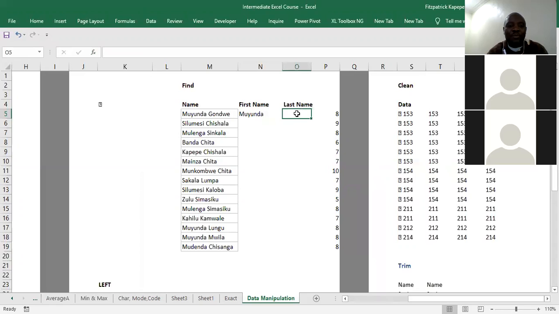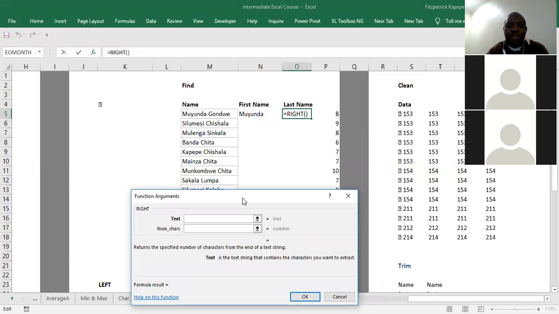Then we'll go to the last name. We also want to separate the last name from the full name. So we use a function called right. With this, again, we are going to start with the full name in M5. We pick that. Then we go to number of characters. This is where we have a problem. So we have to do a bit of mathematics. The first thing that we need to do, we need to actually determine the number of characters within a particular